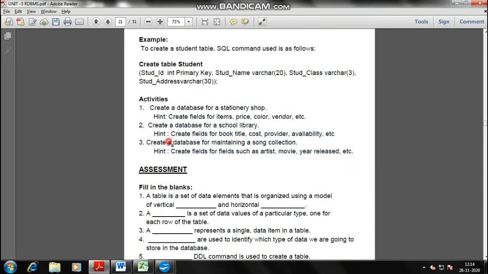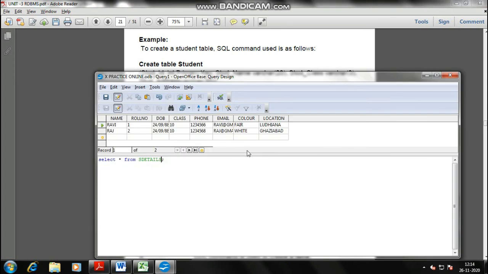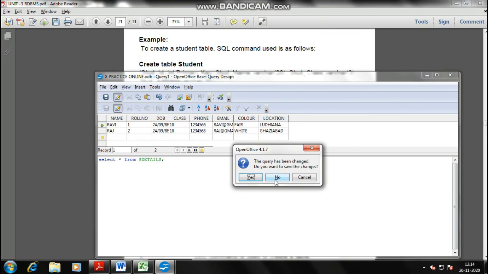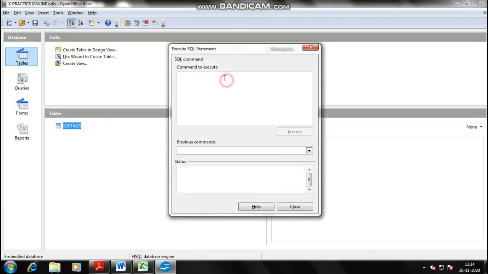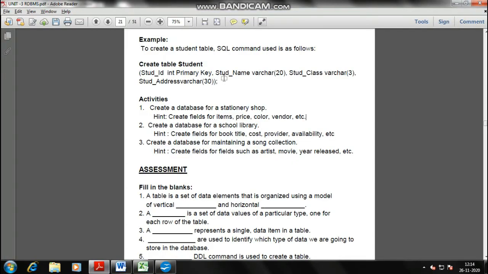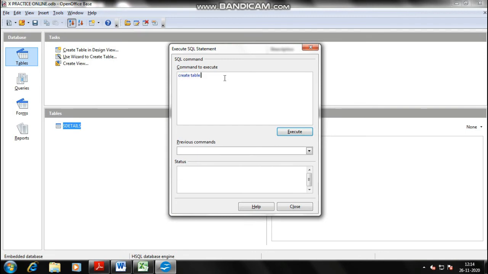This will be creating a database for stationery stock. So I'm closing this. Again, not with the help of this, but with the help of SQL code. So create table stationery shop, stat shop, bracket start.